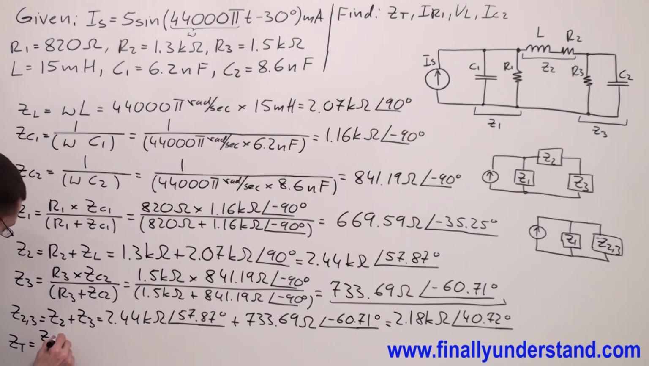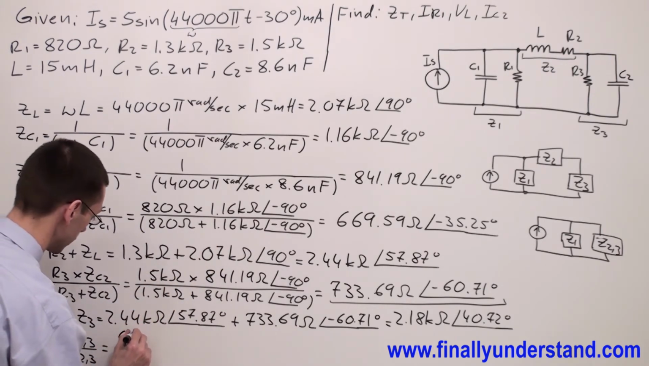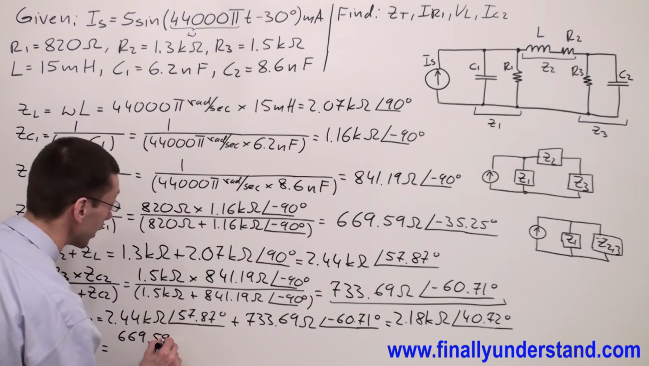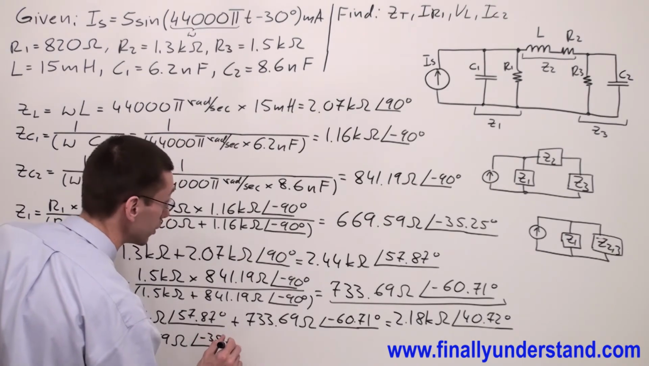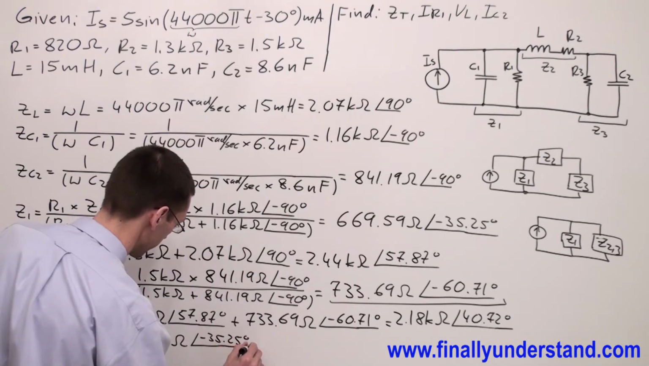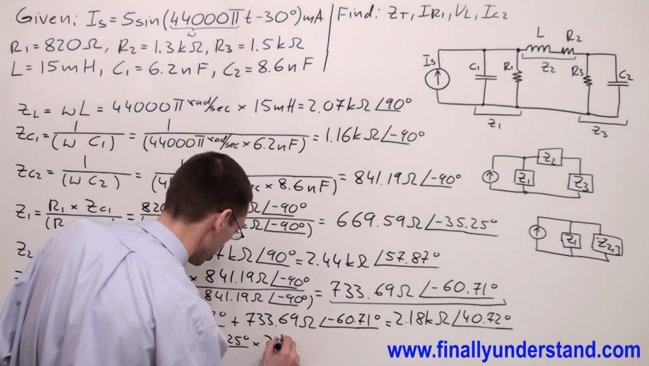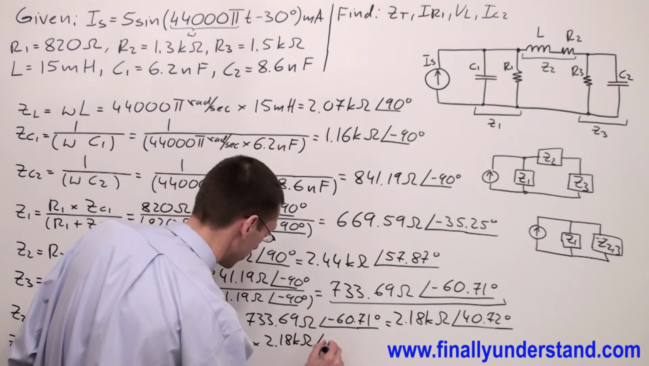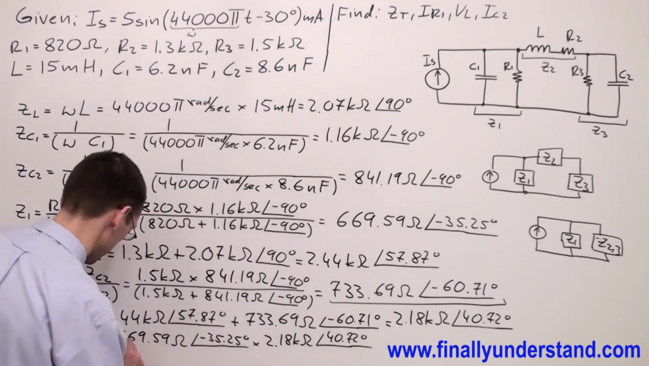Z1 times Z23 over Z1 plus Z23, which is equal, Z1 we found is 669.59 ohms and angle of negative 35.25 degrees times Z23, which is equal 2.18 kiloohms and angle of 40.72 degrees over